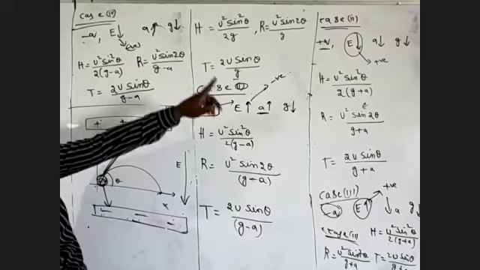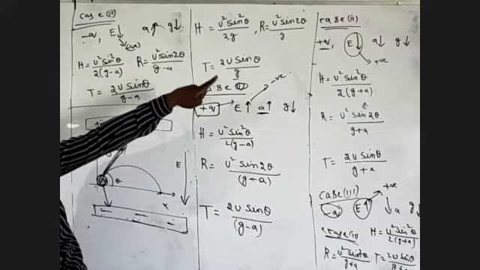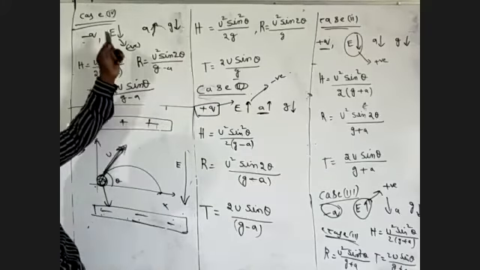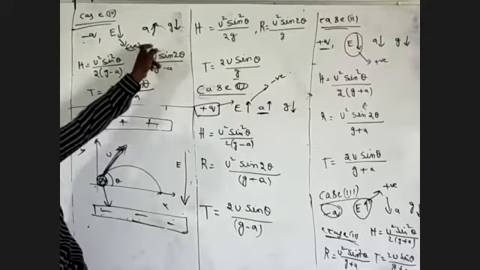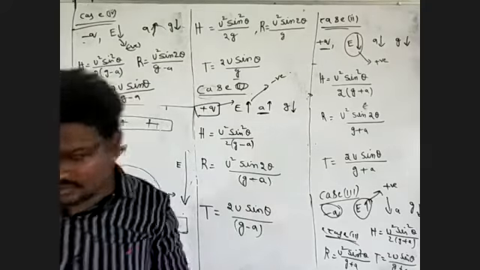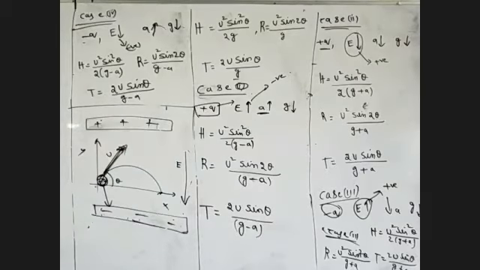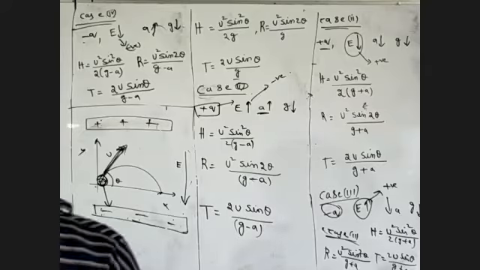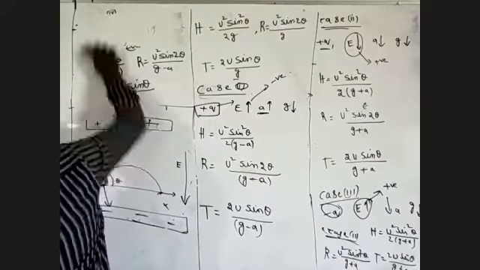In case number 2, positive plate, positive charge, the electric field is in the downward direction. For a negative charge with the electric field down, that is positive, so this is a negative. You can take g minus a. Now, this is very important in your exam. This is per second motion.